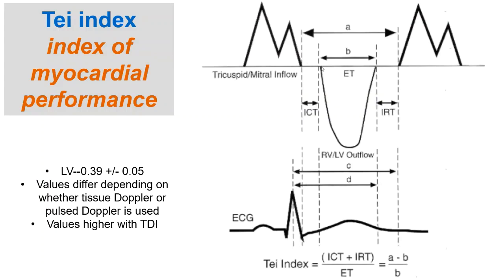You need to know this to understand the so-called Tei index, or the index of myocardial performance, which is actually pretty ingenious. And the way I think of the Tei index is the amount of time that is spent